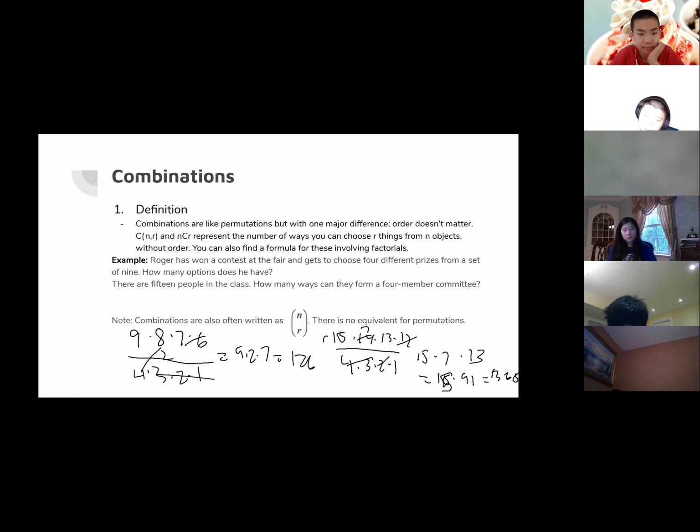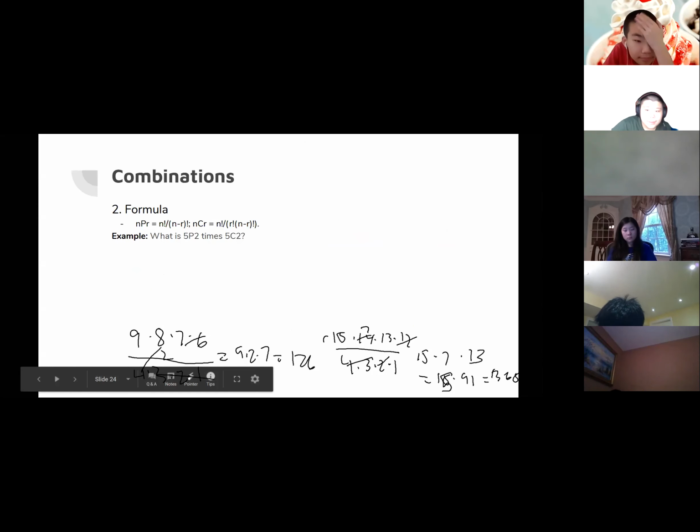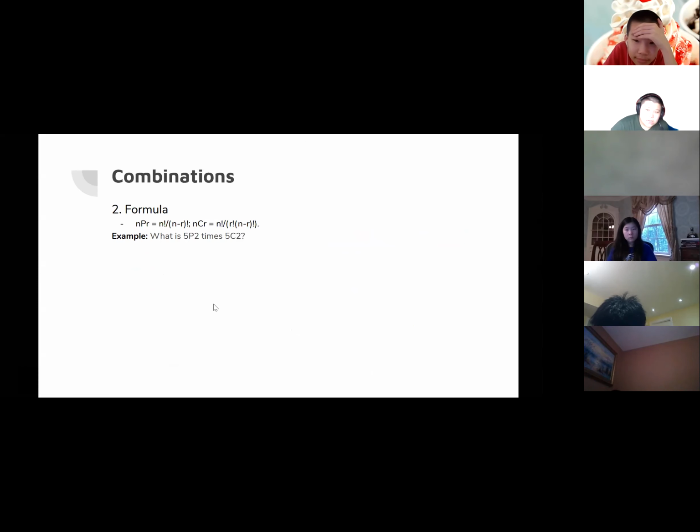We learned about this last class, so we're going to go on. This is a formula. Just what is 5P2 times 5C2? Alternatively, you have